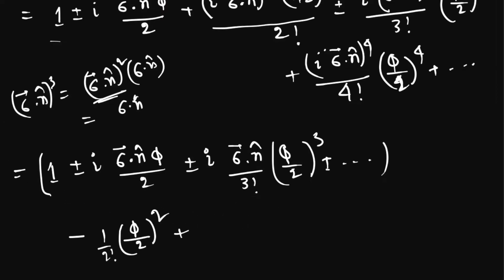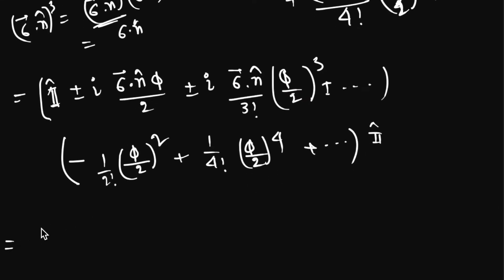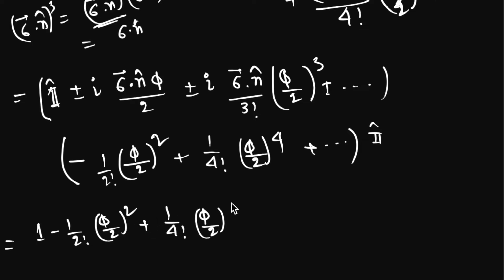That means 1 by 4 factorial phi by 2 to the power 4 plus dot dot dot, into the identity operator. Now if you rewrite this expression, that means 1 minus 1 by 2 factorial phi by 2 square plus 1 by 4 factorial phi by 2 to the power 4